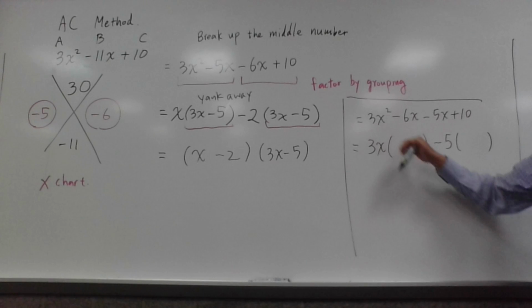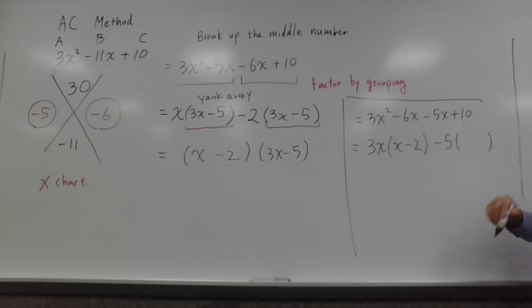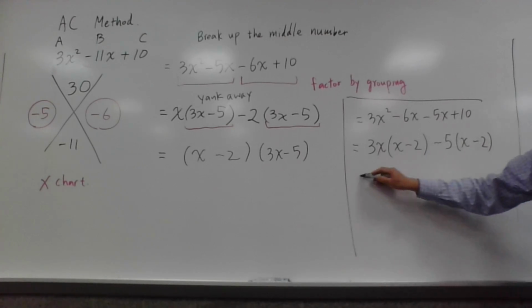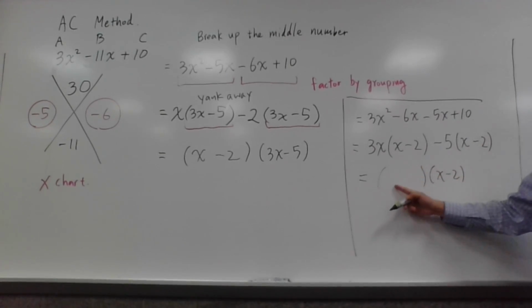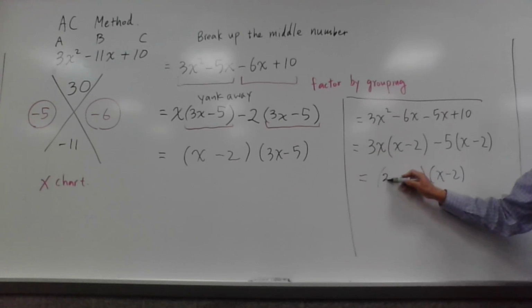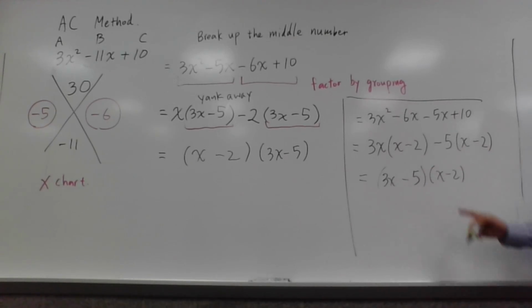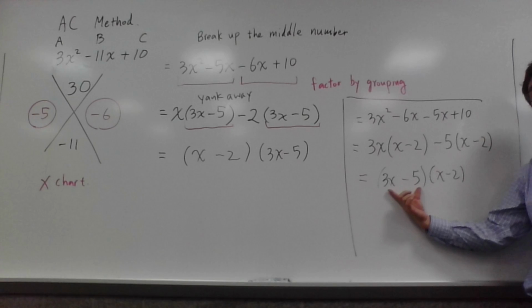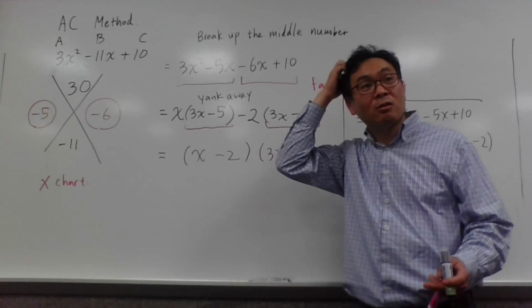And then 3x times x gives you 3x squared. 3x times negative 2 gives you negative 6x. Negative 5 times x gives you negative 5x. Negative 5 times negative 2 gives you positive 10. And now you can factor the x minus 2 out, which will leave you with what? 3x is left. When this is gone, negative 5 is left. And compare the two answers. They're exactly the same because multiplication is commutative, right? Whether you multiply 3x minus 5 by x minus 2 or x minus 2 by 3x minus 5, they're exactly the same thing. So you get the same exact